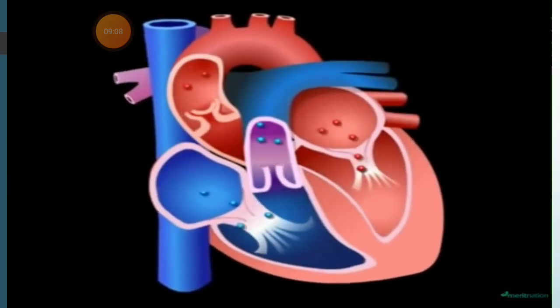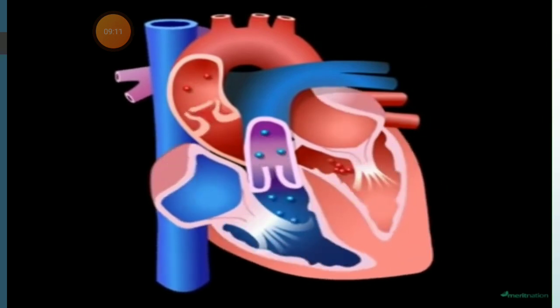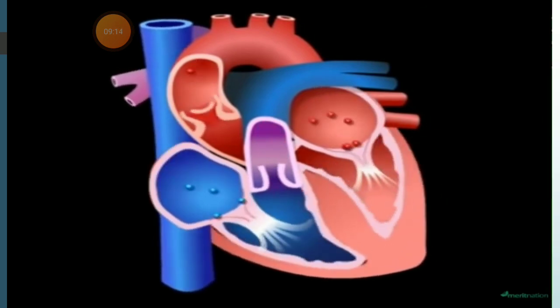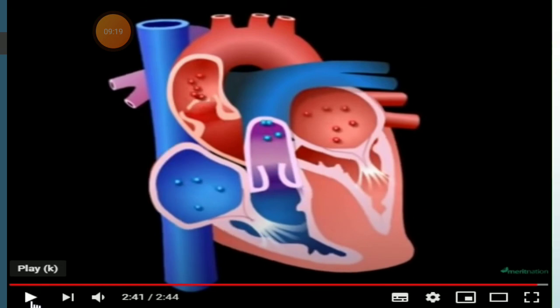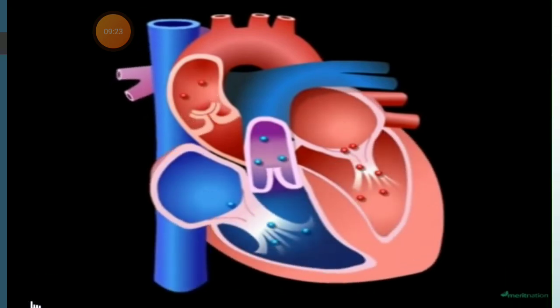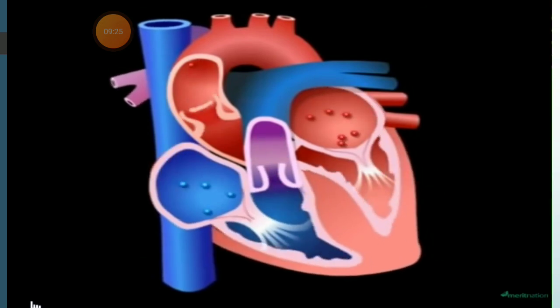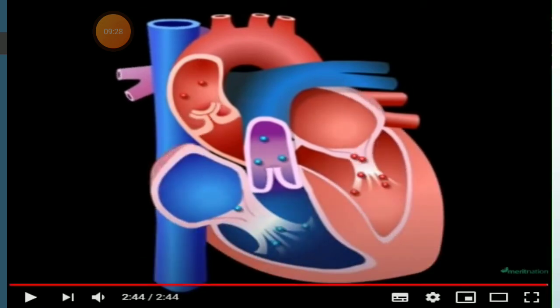Now see how the heart functions. The ventricles send blood to the aorta and pulmonary artery. The atria send blood to the ventricles. Contraction and relaxation continuously go on. This is the heartbeat, and the heart creates the sounds lub and dub. The full cardiac cycle, one contraction and one relaxation together, is called one heartbeat.